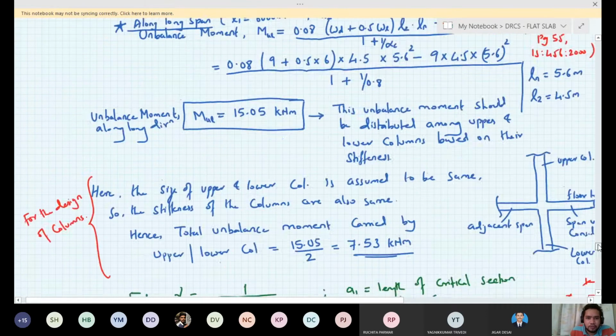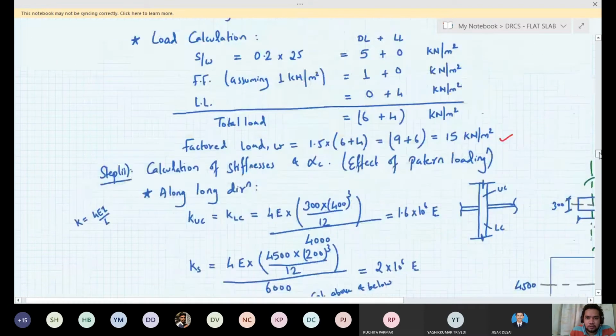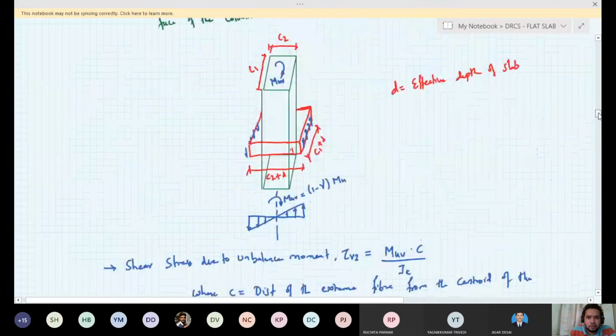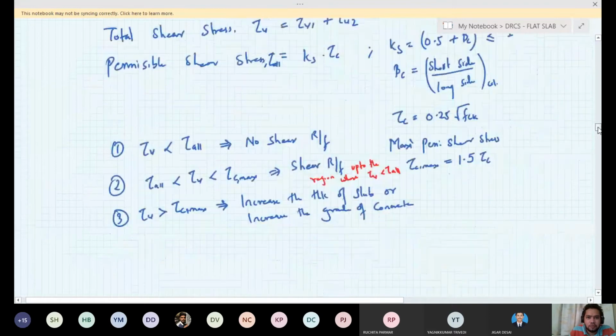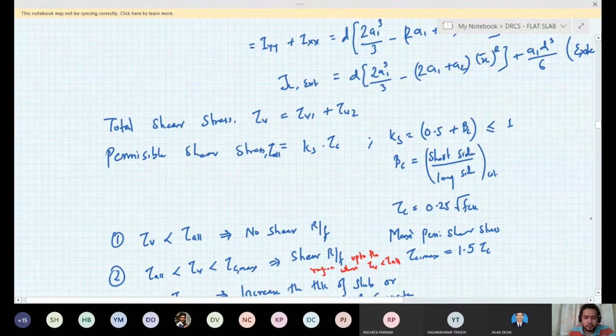So if you remember the theory part, the permissible shear stress is given as Ks times tau c, where Ks is 0.5 plus beta c, where beta c is the ratio of short side to the long side. Okay, and this ratio should be less than 1. So we can write